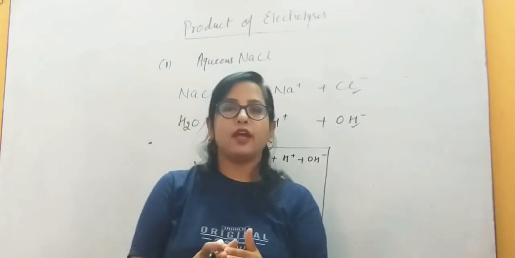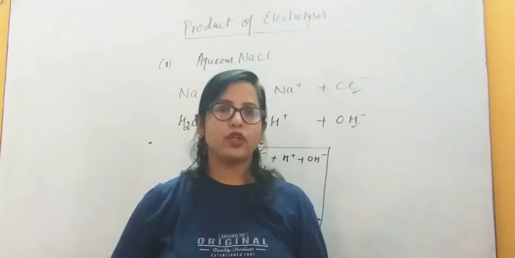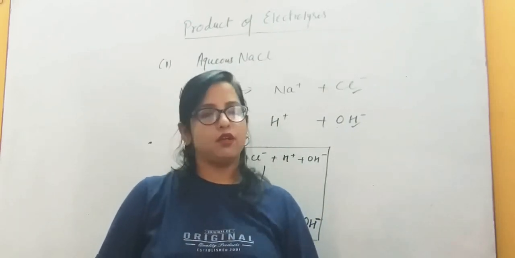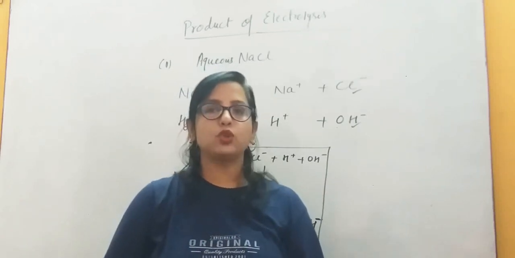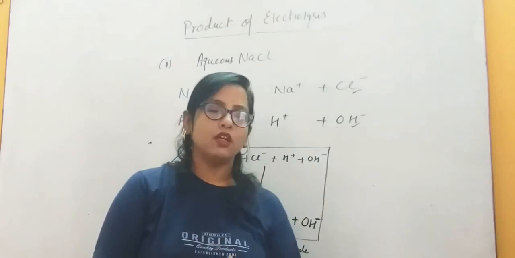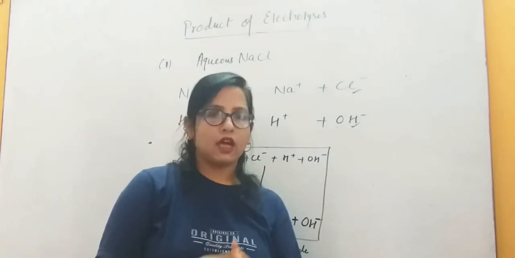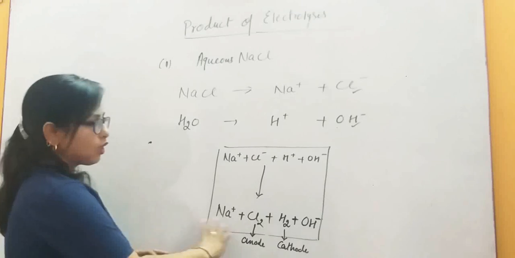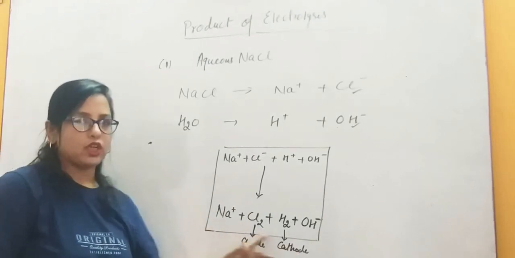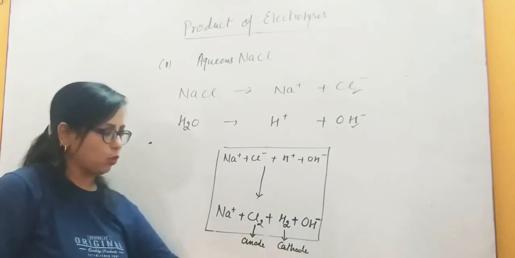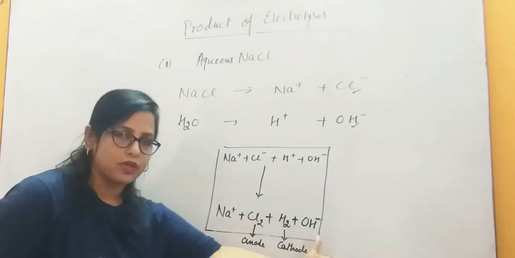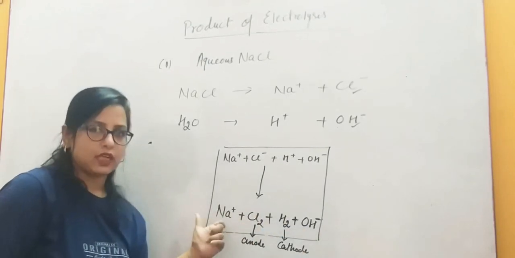But in molten NaCl we have the products sodium and chlorine. But in aqueous NaCl we have the products hydrogen and chlorine. So this is the difference due to their reduction potential values. The ions present are compared with each other. That's why the expected products are different. Now this is clear to all of you that in aqueous NaCl, hydrogen and chlorine are collected over the cathode and anode, and the solution remains containing Na+ and OH- ions. That's why the solution becomes alkaline.